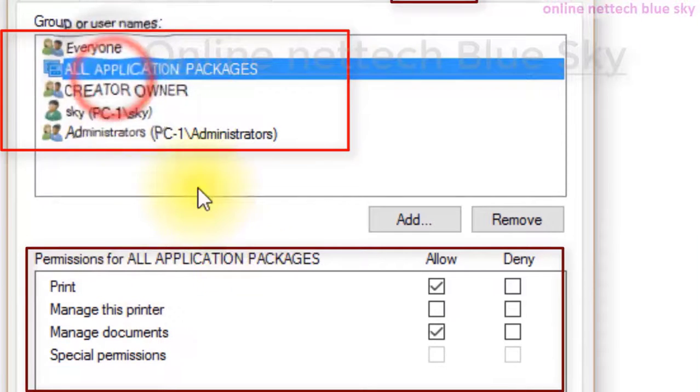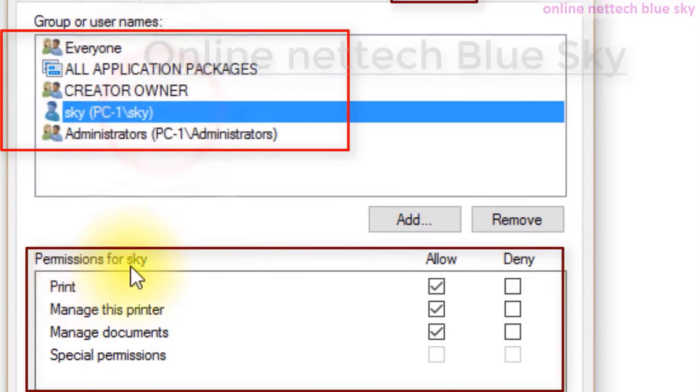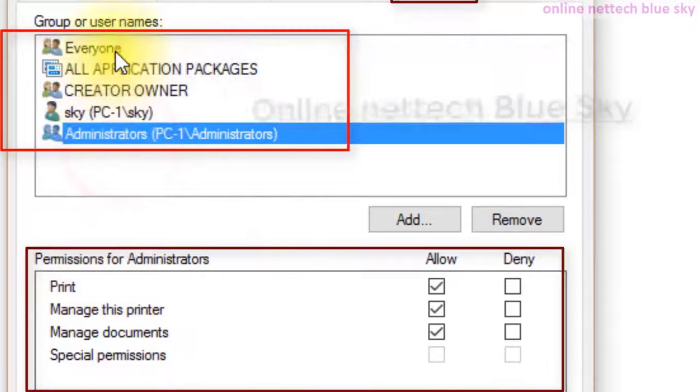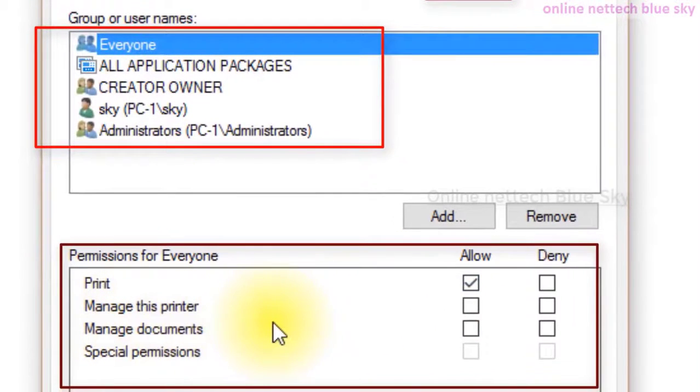PC is one of my users, and this is my group. I'm just showing the group. A group means you create multiple users and add them into your group systems here.